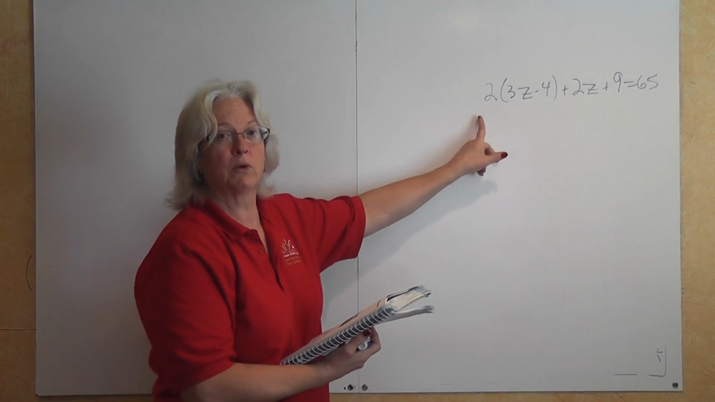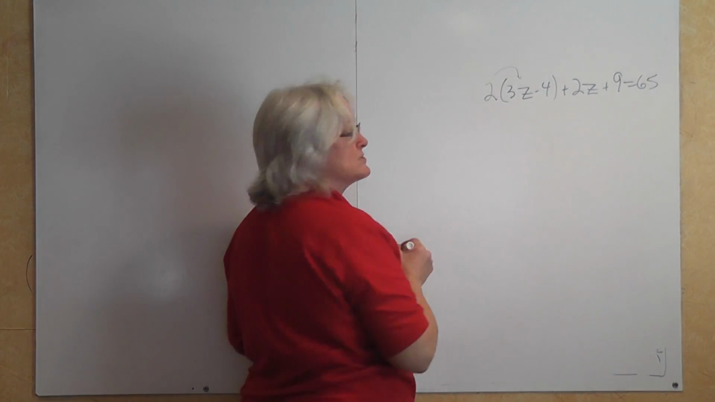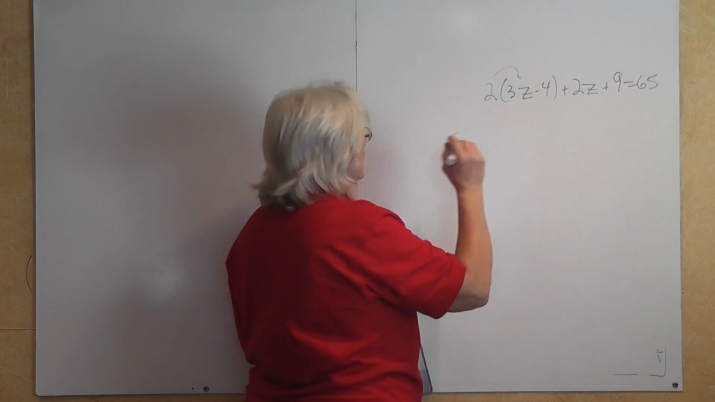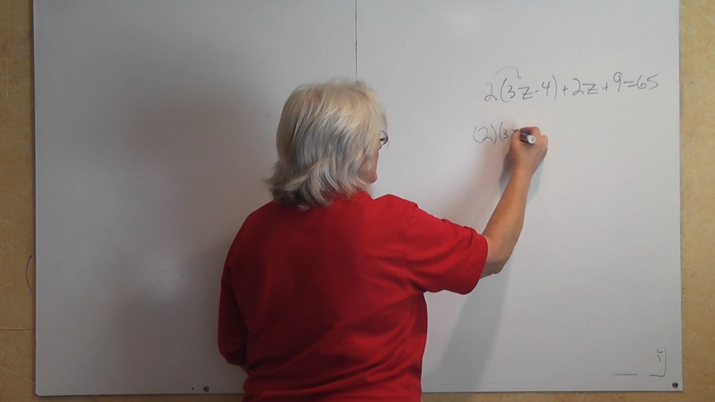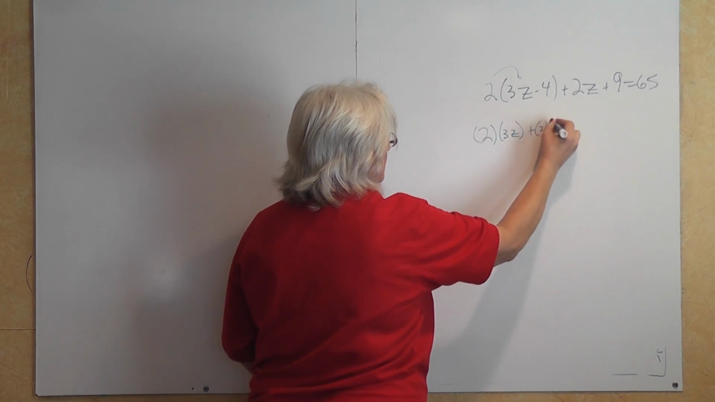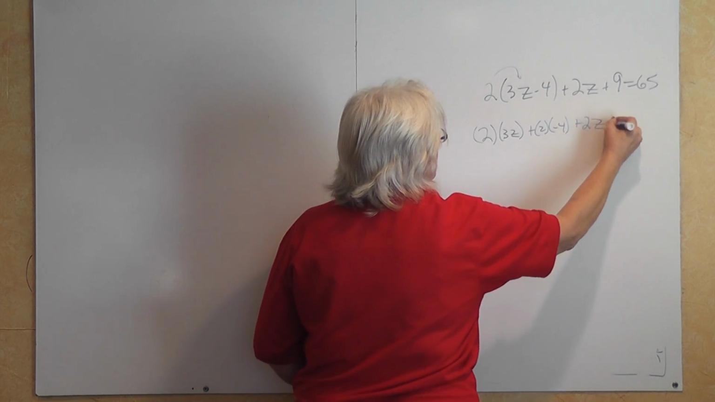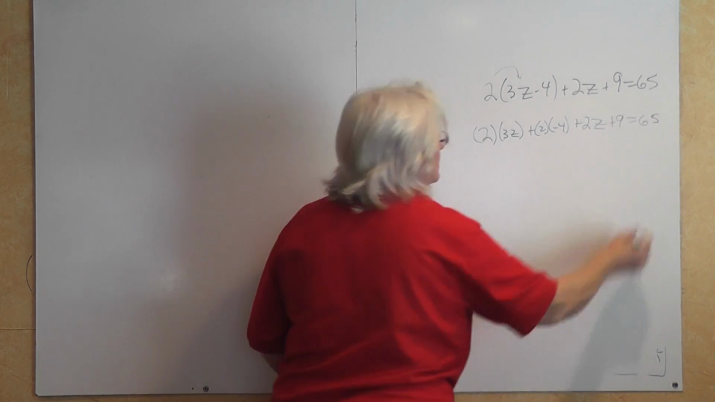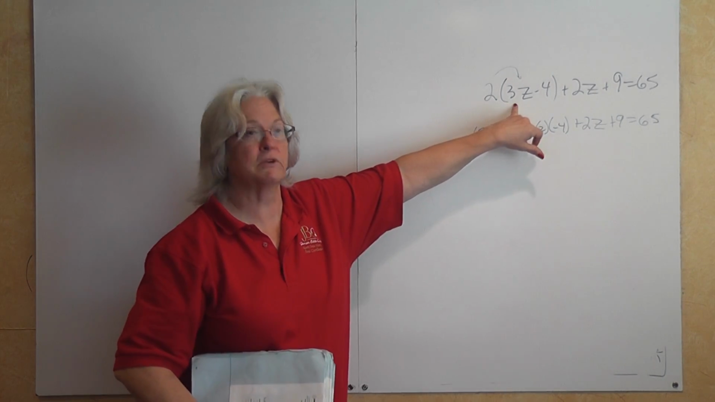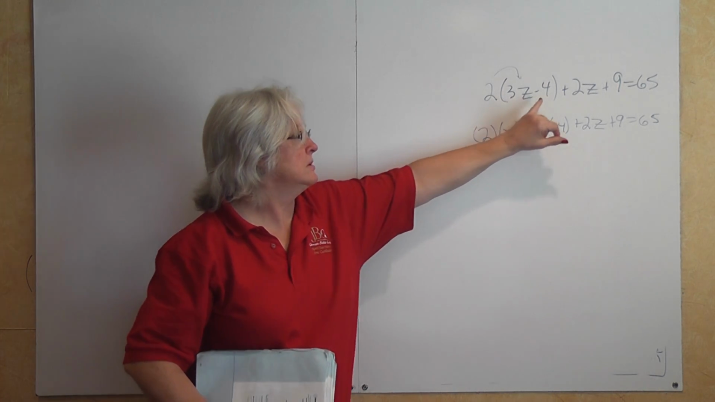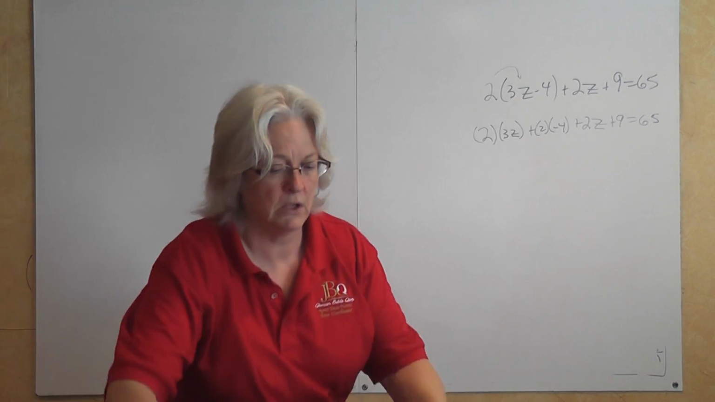Yeah. Very, very frequently you're going to have to distribute something. 2 times 3z, that's 6z. Because you actually have 2 times 3z plus 2 times a negative 4 plus 2z plus 9 is equal to 65. Do you see what I did? 2 times 3z plus 2 times a negative 4, or if you have learned